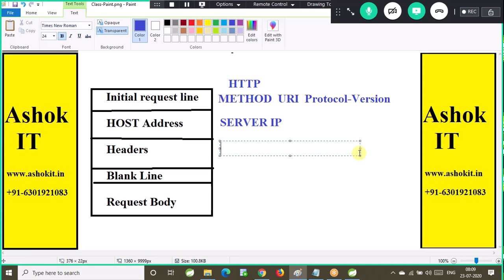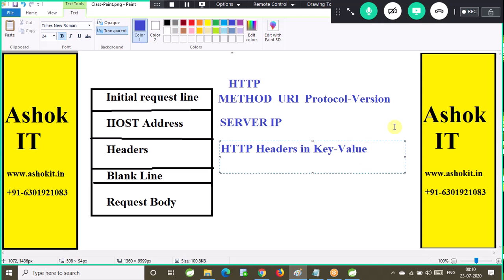Headers, we are sending the accept header, content type header, right? As a client, we will send some headers to the server, like what type of data we are sending to the server, in which format we are expecting the response. We will send some HTTP headers in key value pair format. HTTP headers we are going to send from the client machine to the server machine in the form of key and value.